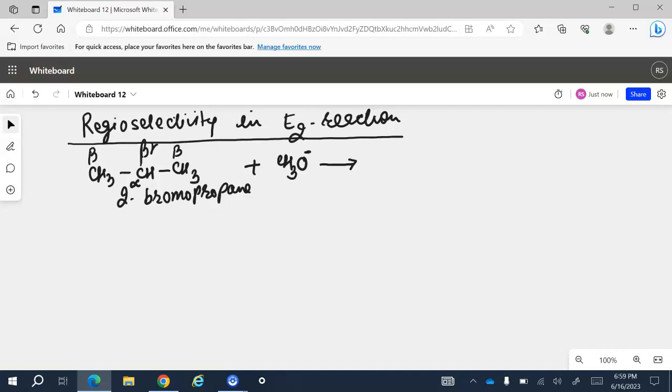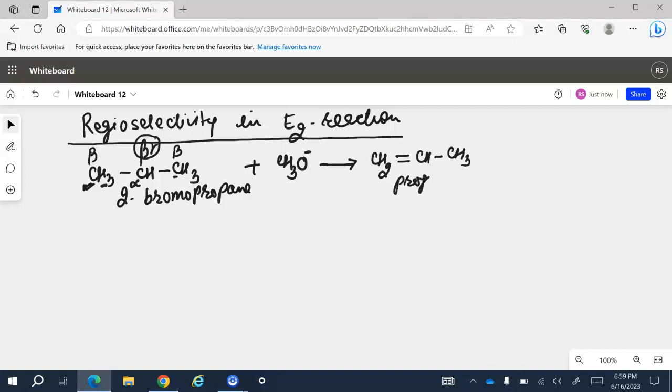Since both of the beta carbons, and hence the beta hydrogens, are equivalent, you can remove any of the beta hydrogens and the halogen, and it results in the same product. Say, for example, if we decide to remove this beta hydrogen along with this halogen, the result will be CH2 double bond CHCH3,